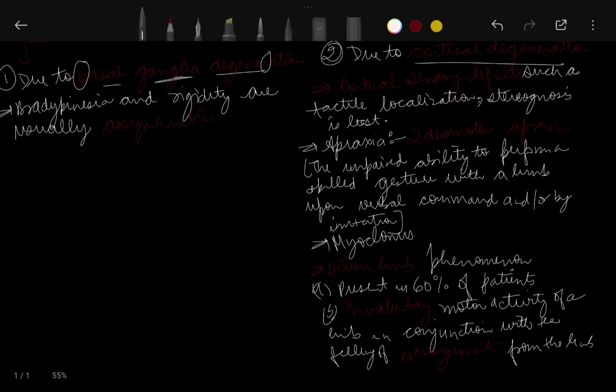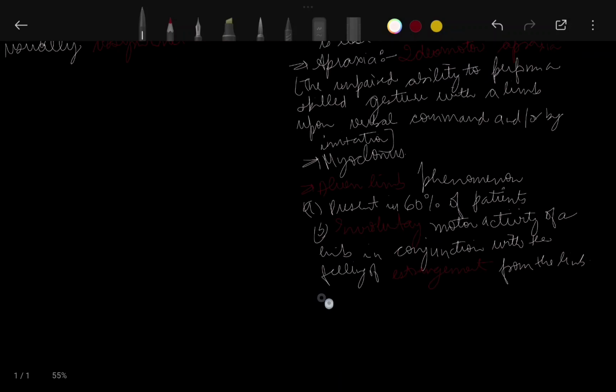Okay, so this is a really tough line to understand. This means that the limb, usually the arm, performs involuntary, purposeless or goal-directed movements such as touching the face, unbuttoning clothes, or opposing the other hand's actions. But the person feels that the limb does not belong to them. There is a sense of estrangement, foreignness: involuntary motor activity of a limb in conjunction with the feeling of estrangement from the limb, and it is also associated with